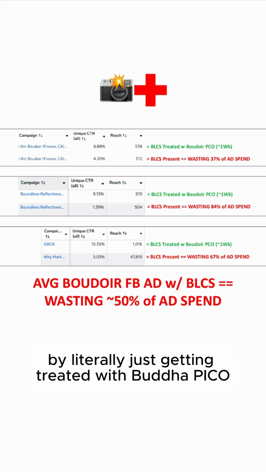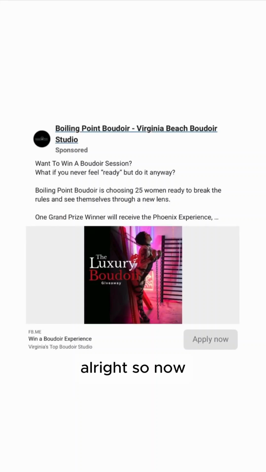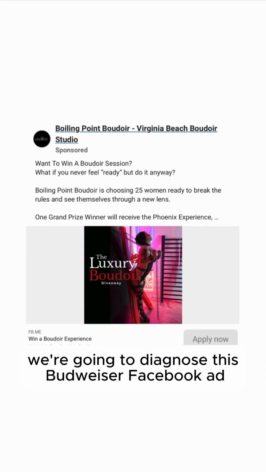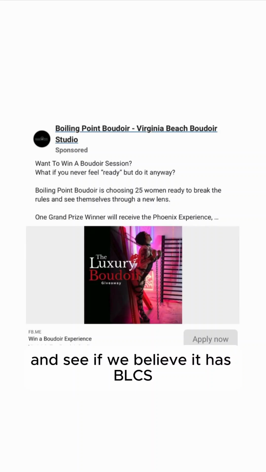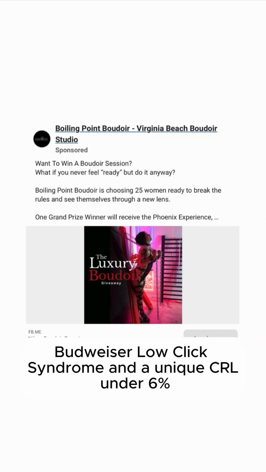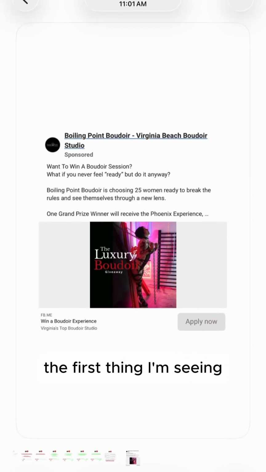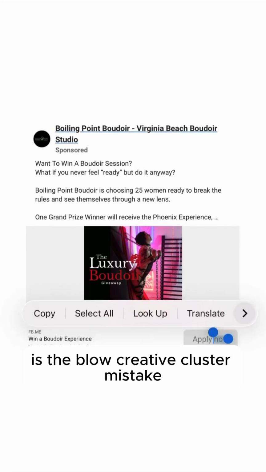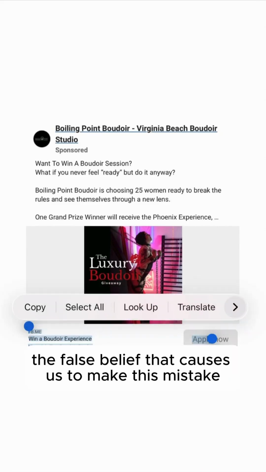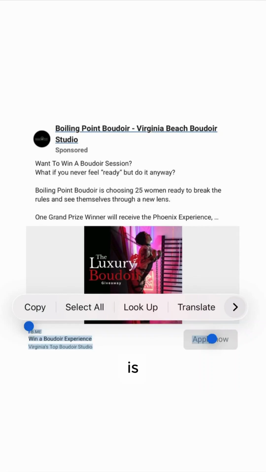All right, so now we're going to diagnose this Boudoir Facebook ad and see if we believe it has BLCS, Boudoir low click syndrome, and a unique CTR under 6%. So the first thing I'm seeing is the below creative cluster mistake. The false belief that caused us to make this mistake is that